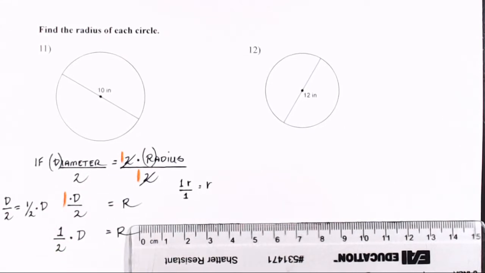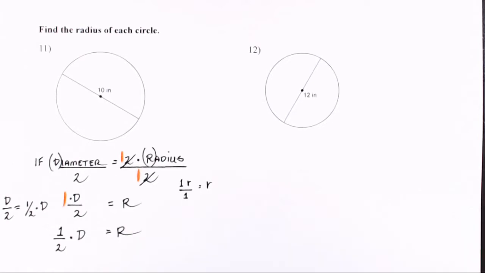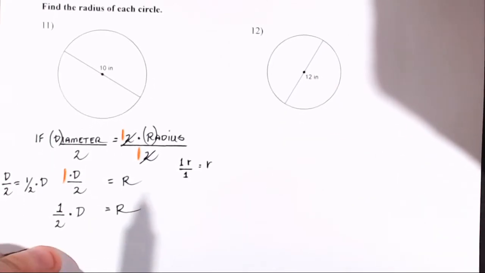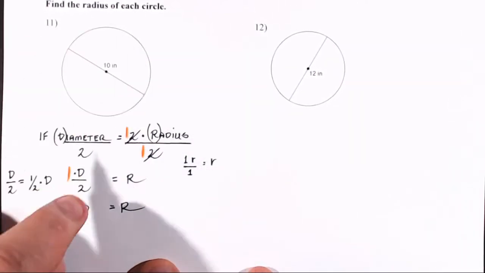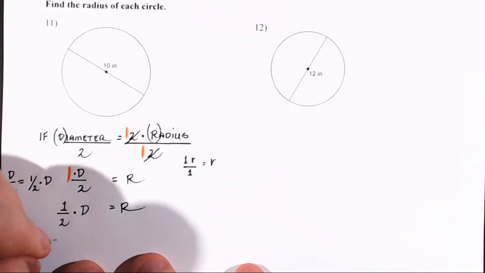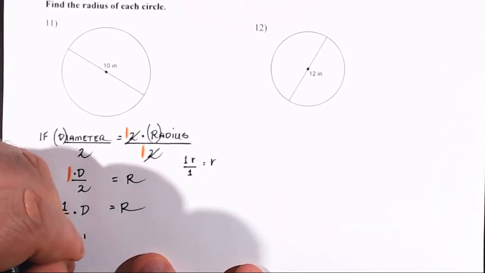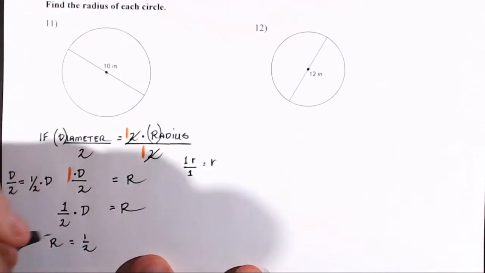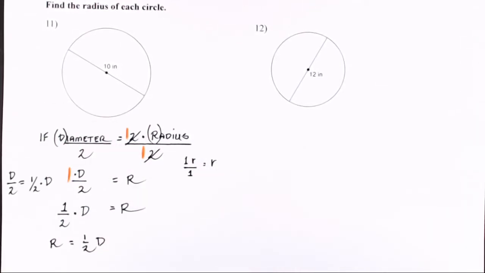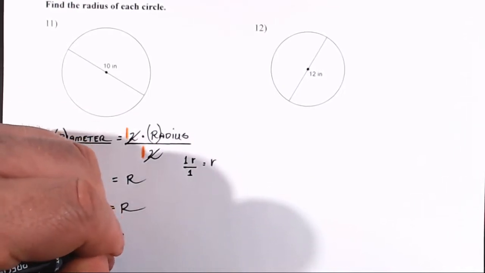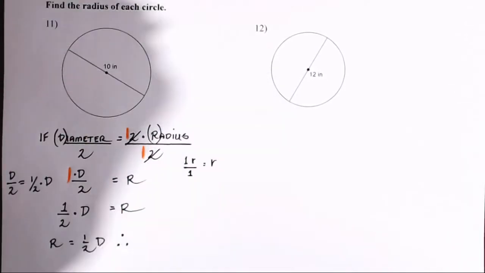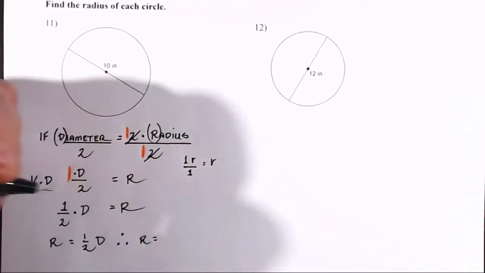And so that's a point I'm going to make very clearly over and over again until it's just part of your understanding of mathematics. There's always a 1 left behind when you divide something out like that. Okay, so now we've got our formula for the radius of a circle, and that radius is 1/2 the diameter. So again, we could write radius is equal to 1/2 the diameter. So 1/2 d. Therefore, radius equals